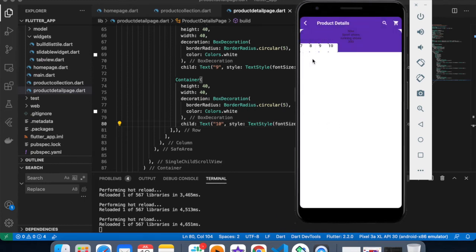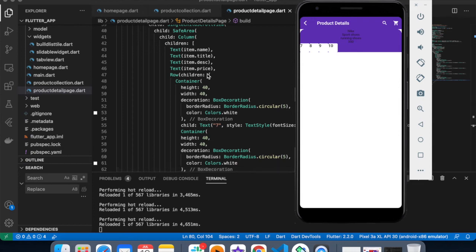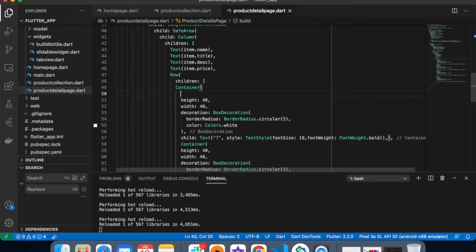Perfect. So I have to define the alignment for this. I have to make this alignment center inside the container.